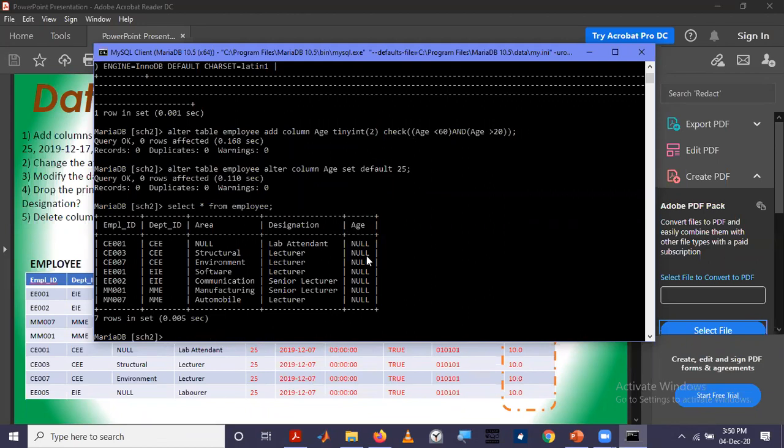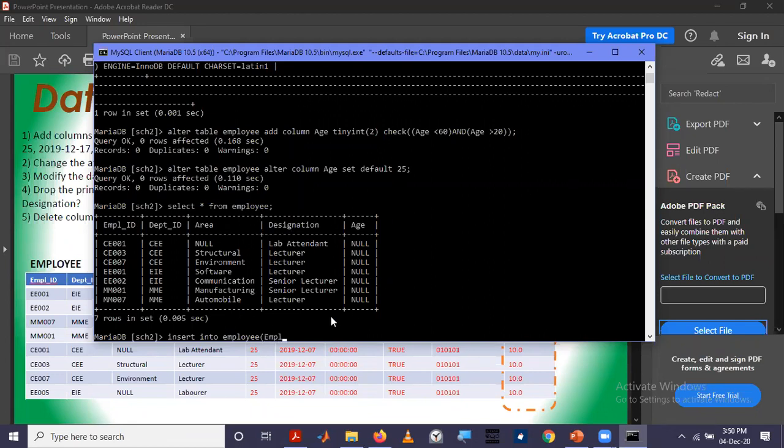So if you add a new row, how to add a new row? Insert into employee. If you are going to add for the whole table, no need to specify what are the attributes that you are going to enter, but I'm not going to add for the whole table. I'm going to keep this one empty.